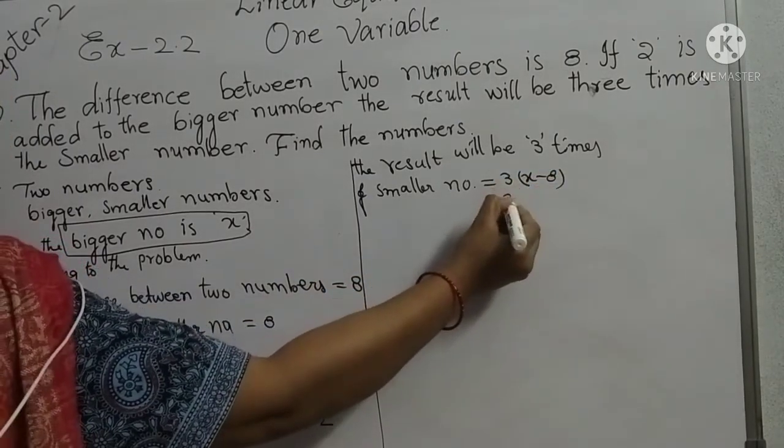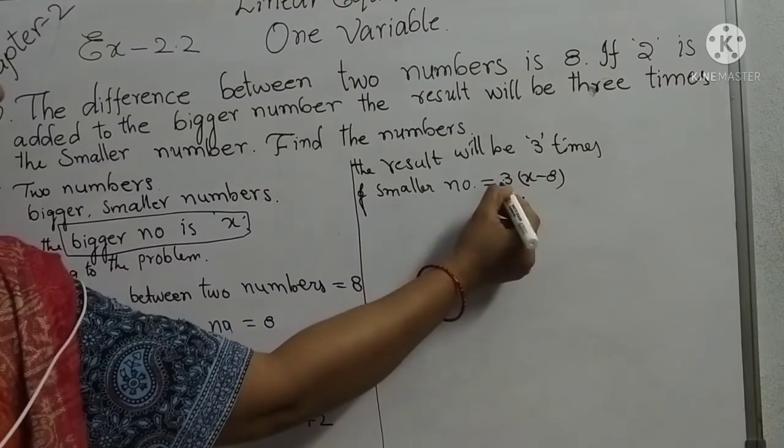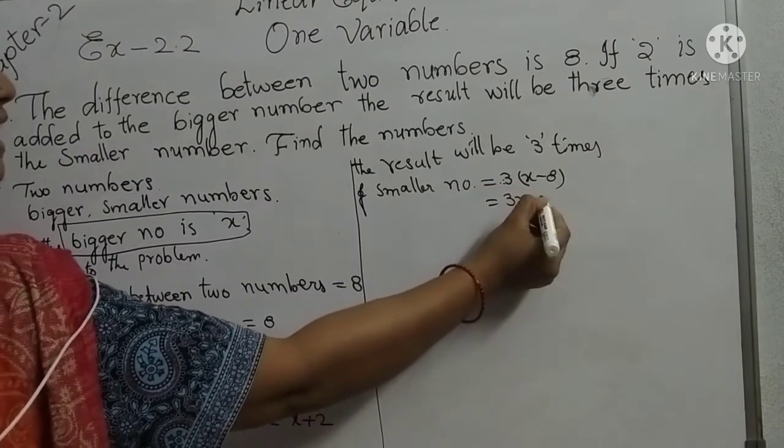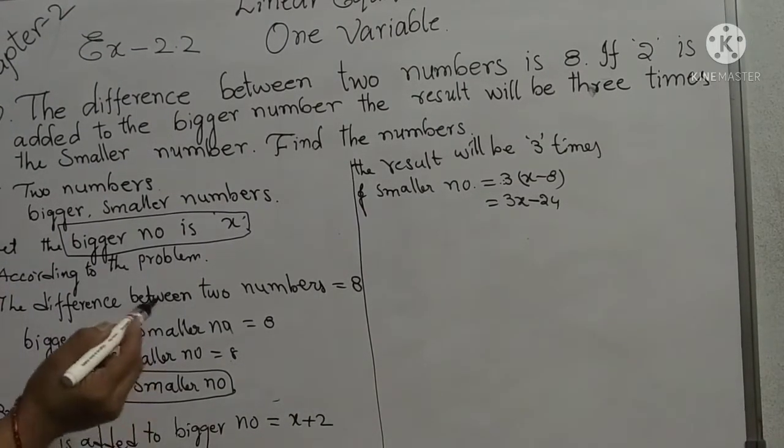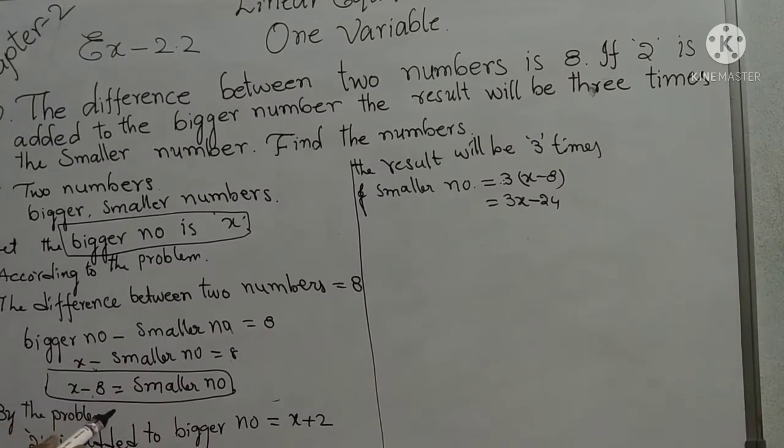So 3 into x is 3x, and plus into minus is minus; 3 eights are 24. Understand here? The result will be 3 times the smaller number. So what is the smaller number? We will find x minus 8. What is the bigger number? x. Now according to the problem,